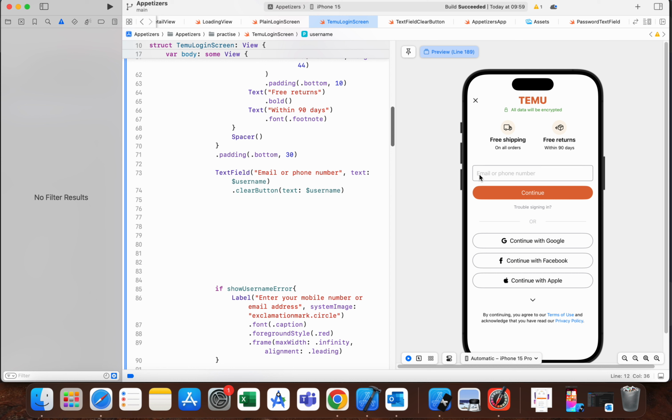So this is one of my apps, and this is a text field, and I want this clear button on the right to appear when there is some text in the text field. Now, when it's empty, there is no clear button, and when we add something, there is a clear button that clears our text field. So I achieved that by making a custom SwiftUI modifier